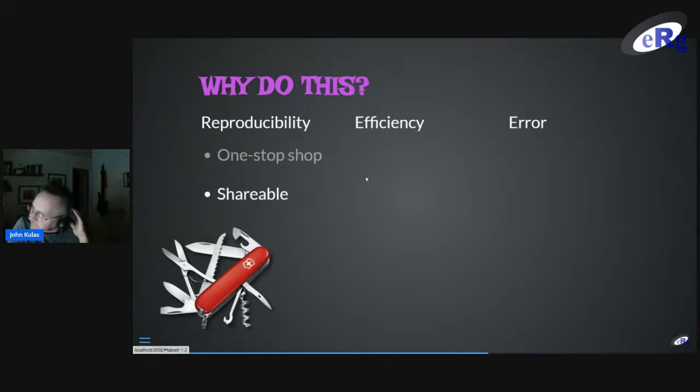So one of the reasons that you should be interested in learning about how to use R, I'm going to stick with R here, how to use R as a platform not just for the analyses but for your entire project, is to be consistent with this reproducible research standard.